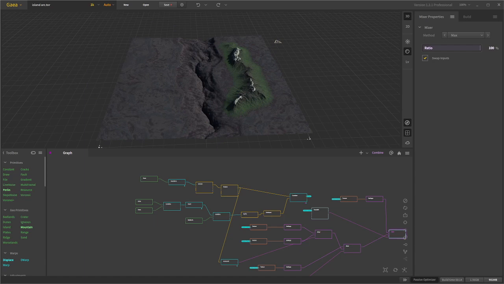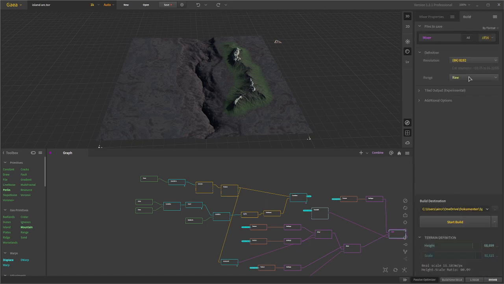This terrain consists of two main elements, the island arc and the trench down the middle. That's pretty much what I've been aiming for from the very beginning of the creation of the terrain. The first thing I did, however, was to alter the size of the terrain, and that is in Terrain Definition, under the Build tab, and then I just bumped up the scale and the height. I don't know how much time I spent looking for that tab to begin with. So it is in the Build tab, and at the very bottom you find this scale tool. That's to get the sense of the larger terrain.